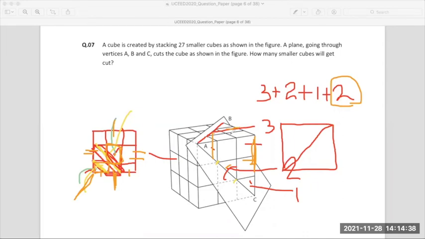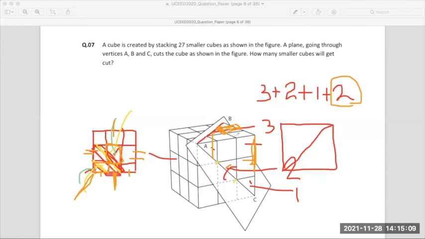So how will that be affected? Ma'am, won't it get cut as well? Acha, so you're saying because its edge is touching here. Ma'am, if the one beside A is being cut. Okay, good. So you're saying that, because this edge is cutting here and this cut is happening diagonally, even this will get partially cut. Yes, there's a possibility. Yes, that will get cut, that will get affected.